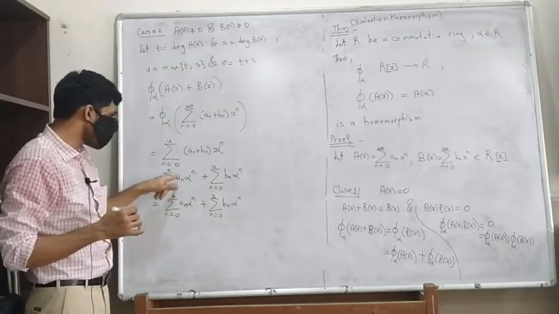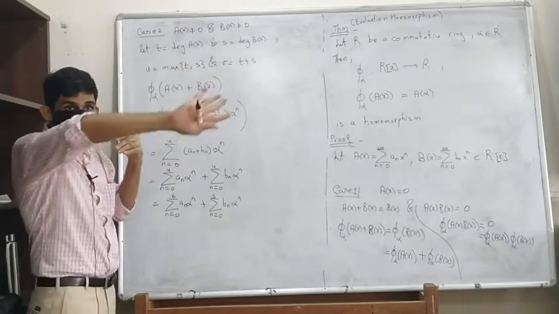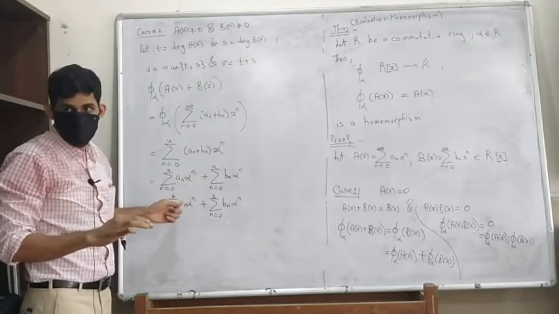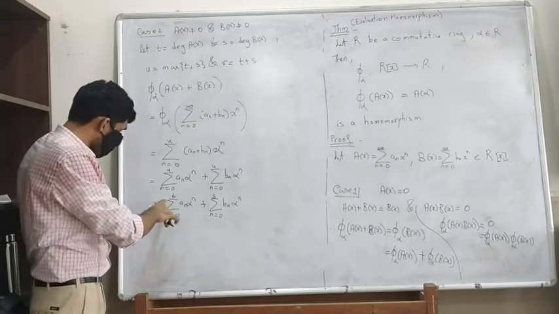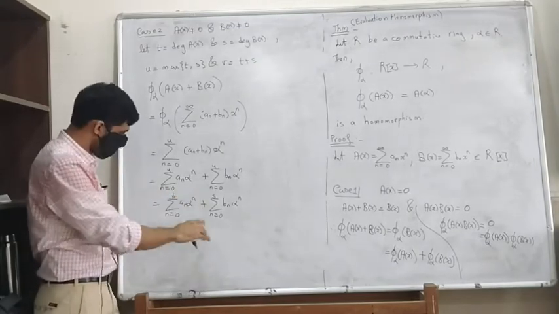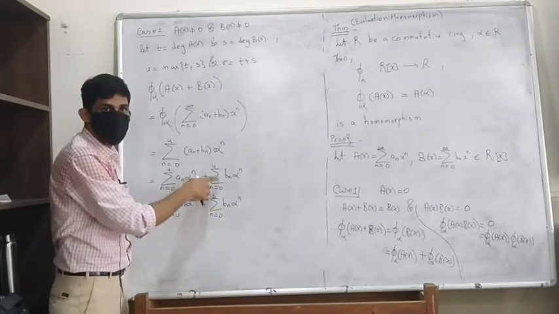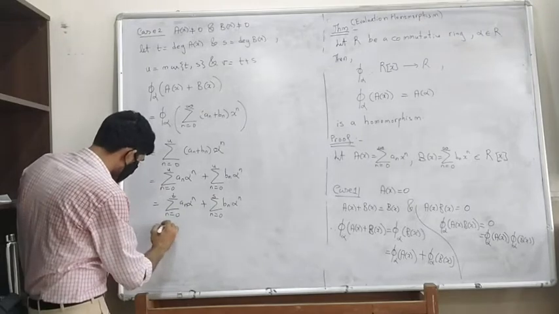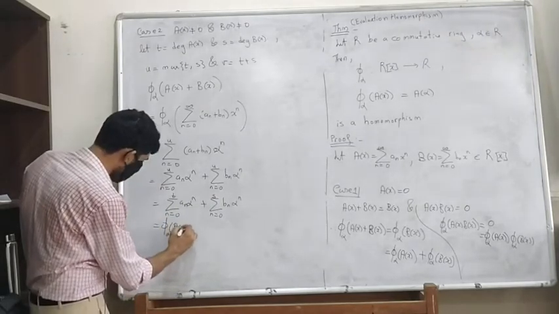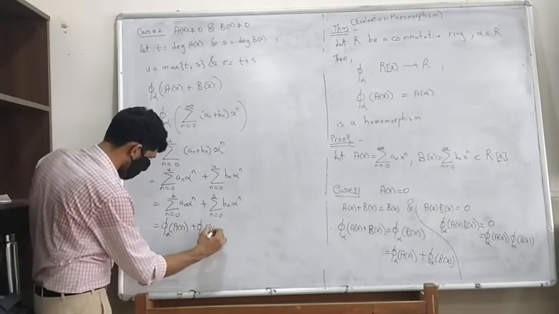So after t, u is the maximum of these, right? So t is less than it. After t all the coefficients will be 0. So therefore this is going to be exactly this, because all coefficients after t are going to be 0. Similarly, all coefficients after s are going to be 0 here. Okay, so this will work here. So this is by definition phi alpha of a of x plus phi alpha of b of x.